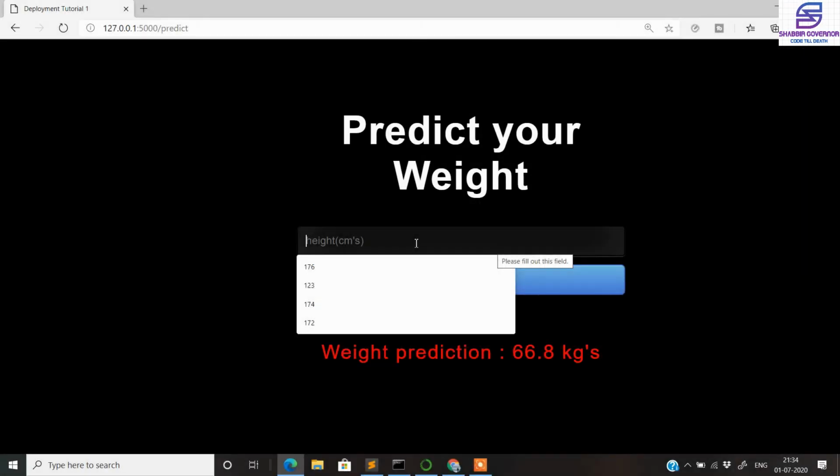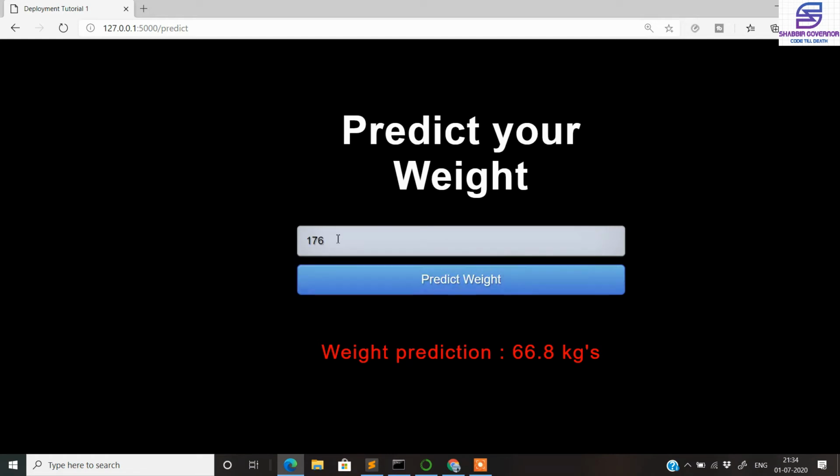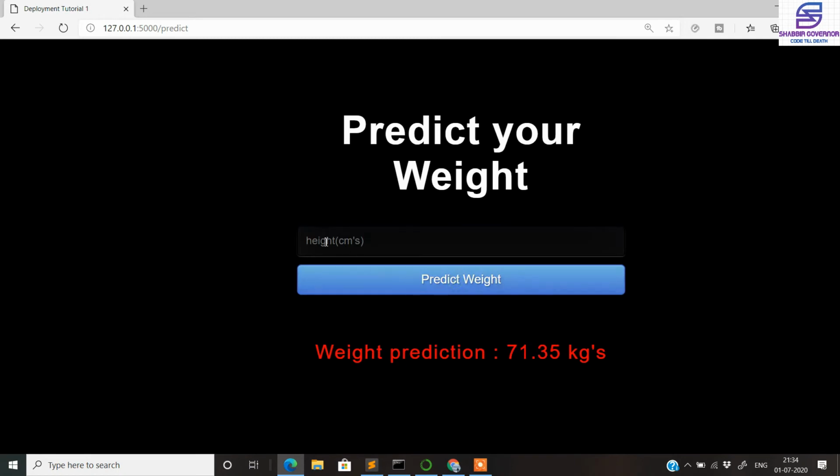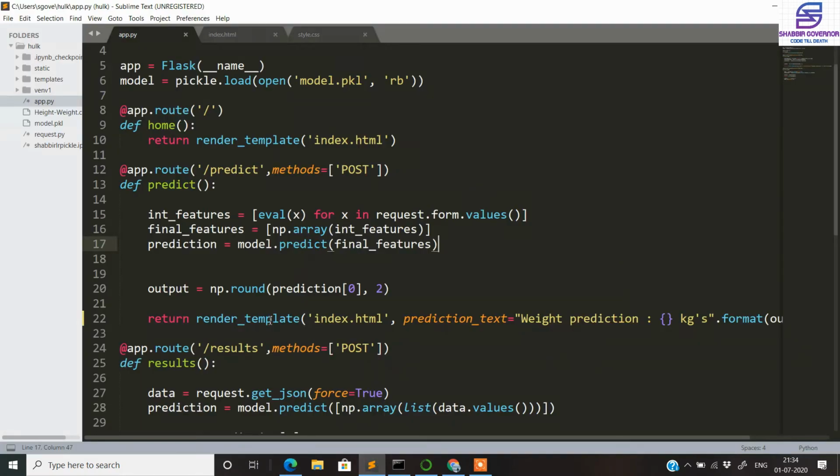For example, if I pass here 176 and then click on predict, the 176 is captured by our application in app.py, and then it is converted into features, and then those features are cast into an array, and then we use the model.predict method here, which will predict the actual weight, and then we pass that weight to this output object. And finally render_template passes the index.html that you see here to our actual output.